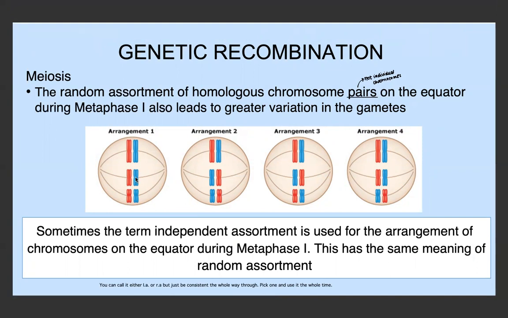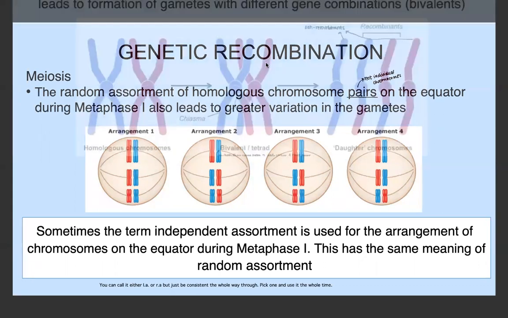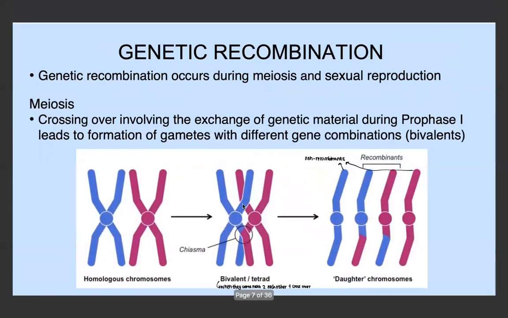And we can see that all the arrangements for the cells differ. You might have all the maternal chromosomes on one side and all paternal on the other. You might have chromosome 1 being maternal and the rest paternal, etc. And there's an enormous range of combinations, like 2 to the power of 23 or something, which is obviously a massive number. That alone causes huge genetic recombination, not even thinking about the further recombination that comes from crossing over.